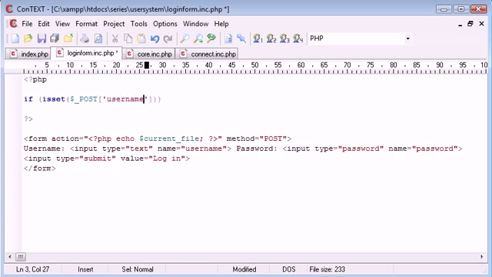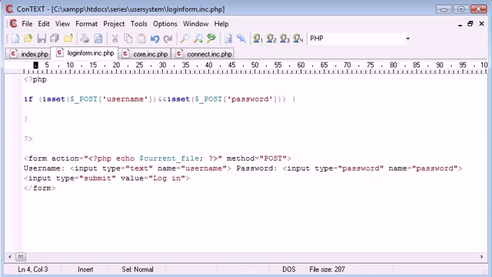So we're saying if isset, wrapped in brackets, and we're specifying the post data that's coming through, and isset $_POST for the password as well. If it is set, we're running this block, and now we're saying if not empty,